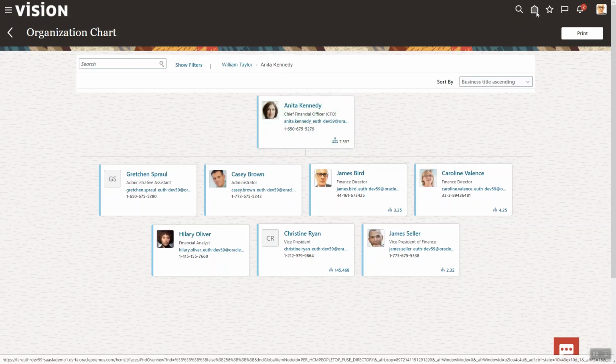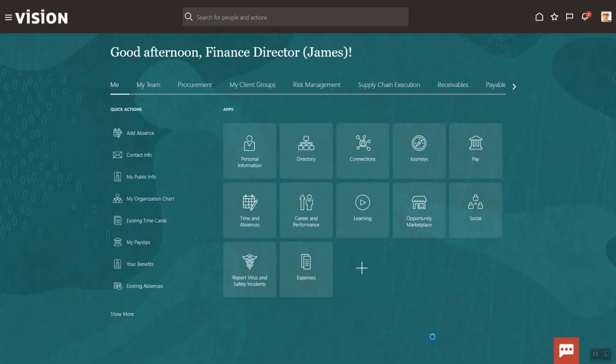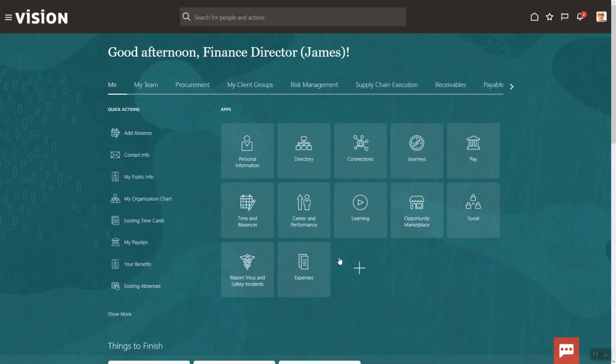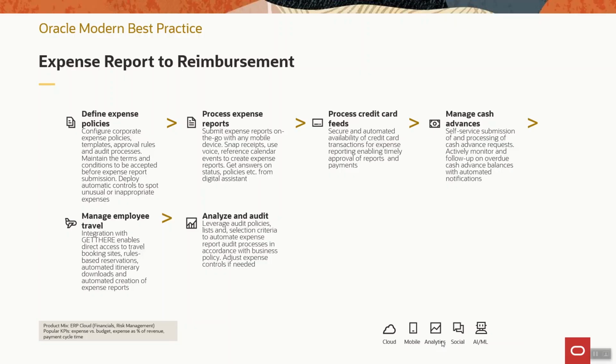So let's go back to the home page, and let's just look at entering employee expenses. This is something we all will have to do sometime in our working lives, is enter some employee expenses. So here I've pulled up just Oracle Modern Best Practice, and we're looking at how we can process expenses in a digital